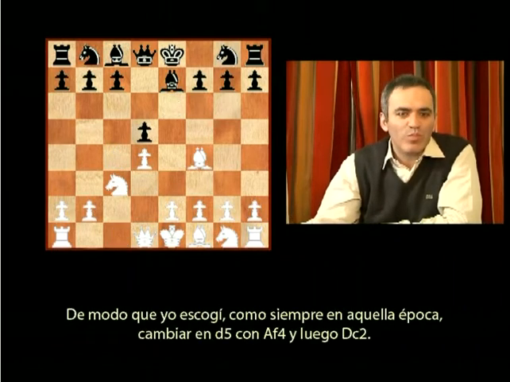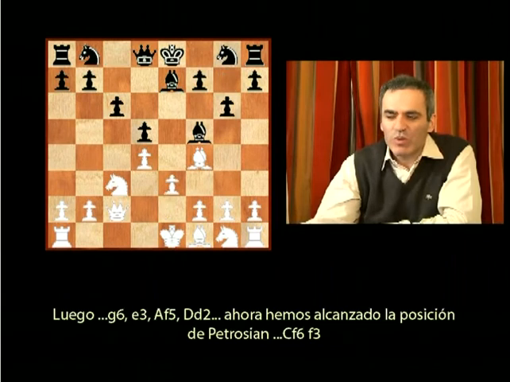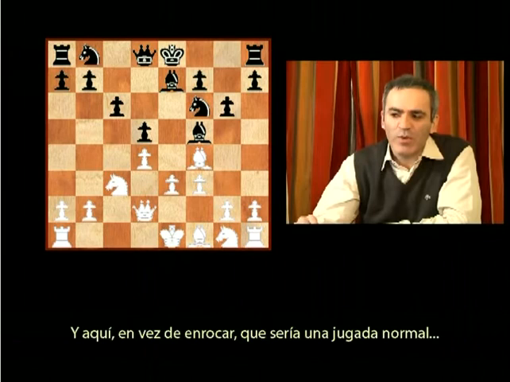So I chose, as always at that time, the exchange on d5, Bishop e4, and then Queen c2. So g6, e3, Bishop f5, Queen d2. Now we reached Petrosian's position, Knight f6, f3, and here instead of castle, which would be a normal move,